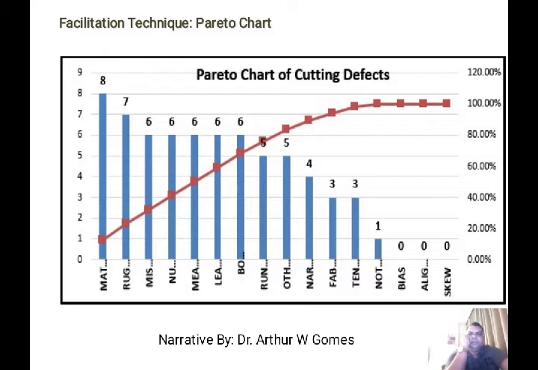Pareto analysis is a statistical technique in decision making used for the selection of a limited number of tasks that produce significant overall effect. It uses the Pareto principle, also known as the 80-20 rule, the idea that by doing 20% of the work you can generate 80% of the benefit of doing the entire job.